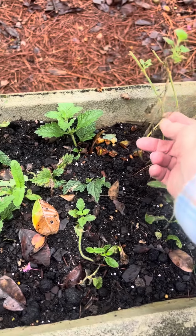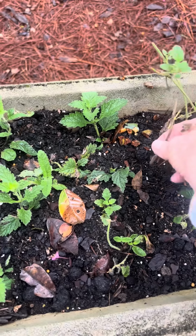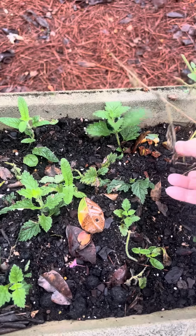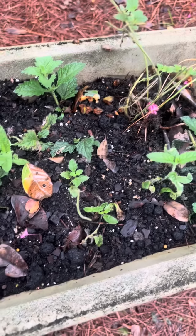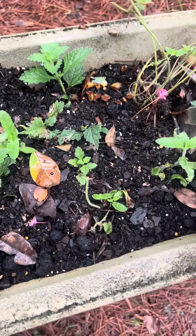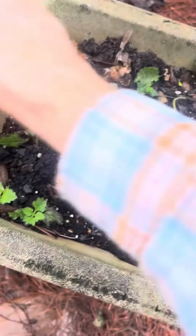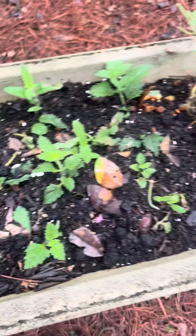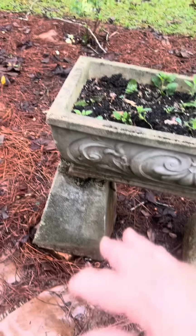Now right here is my purple verbena, and one of y'all sent me some little buckets of it. It's the kind I like, perennial. It comes back every year. And it looks like it's doing real good. There's a piece that doesn't look so good. Let me just pull it up. The rest of it looks like this will be solid purple this spring and just hanging over, so that'll be